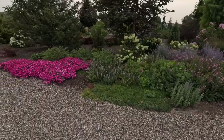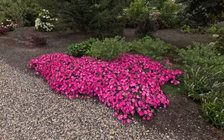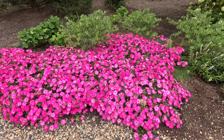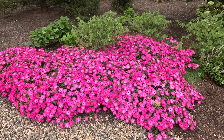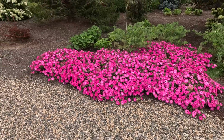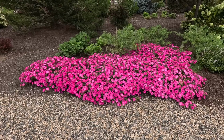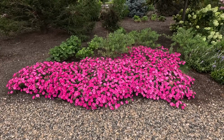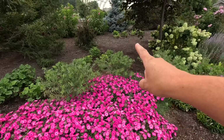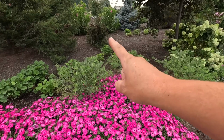So let's start right here because this is the Supertunia Tiara Pink. This is a new one for next year. Right here you can have some sort of an idea of what the landscape performance is like on this plant. And that's why we like to put it in both containers and in the ground so that you can see and kind of learn from our experience. It's beautiful. Right behind that, I planted some pink Baptisia,